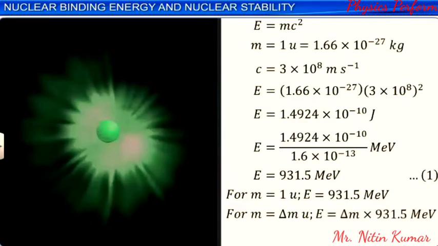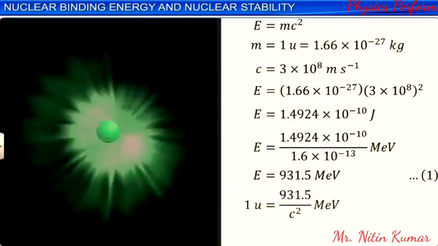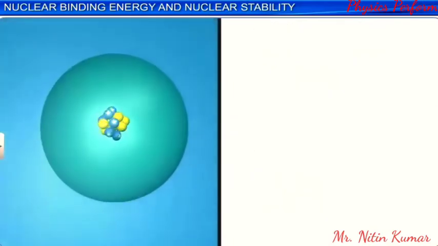Therefore, we can say that 1 AMU mass is equal to 931.5 MeV by c squared. This is an enormous amount of energy release. Let us now study the concept of nuclear binding energy in light of Einstein's mass-energy equivalence equation,